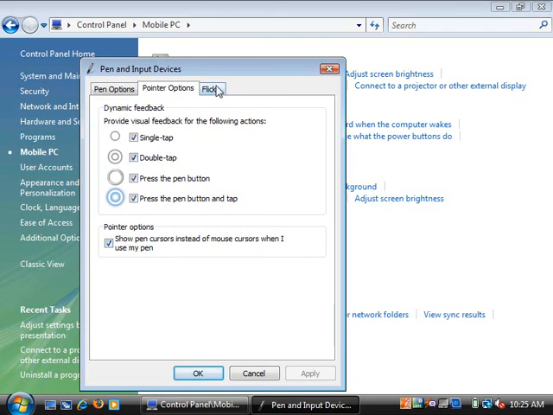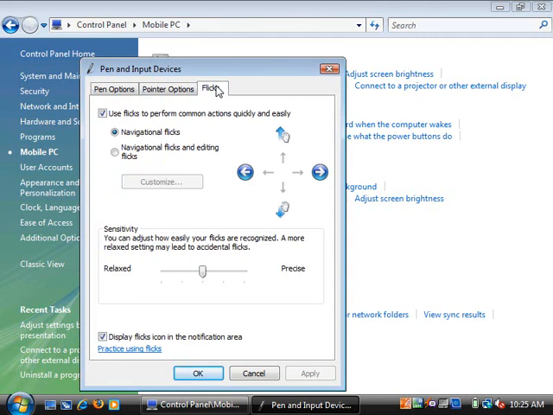Now the final tab here is the Flicks tab, and this is new in Vista. This enables you to flick your pen up and down the screen, and Vista will scroll a page in that direction, which is great, especially when viewing long Word documents or web pages. So for example, you could flick the pen down the screen and it's going to scroll the page down the screen. And believe me, once you start using it, you'll find that it's much faster than using the standard scroll